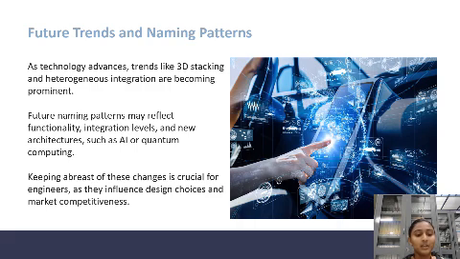Future naming patterns may reflect functionality, integration levels, and new architectures such as AI or quantum computing. Keeping abreast of these changes is crucial for engineers as they influence design choices and market